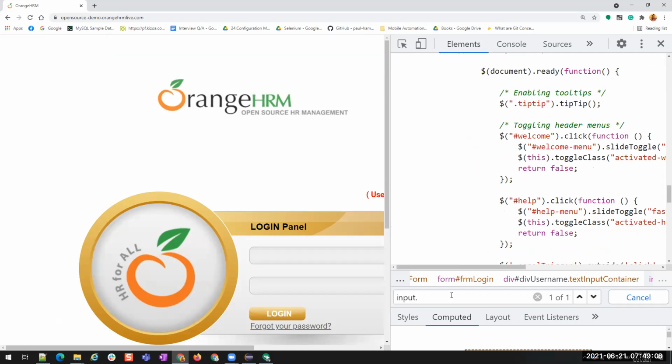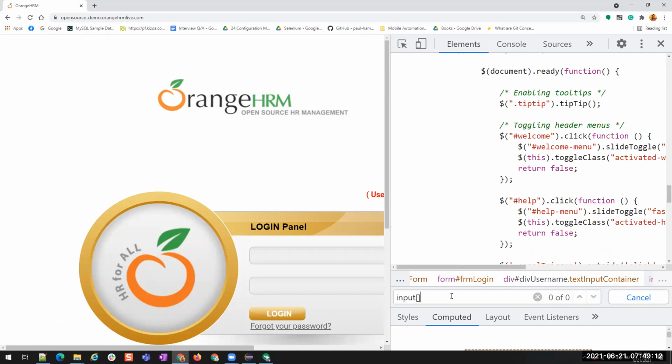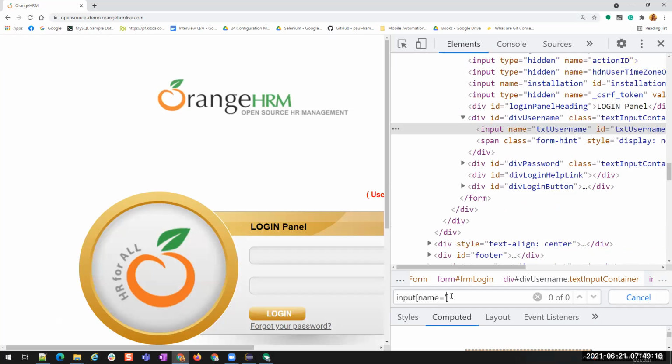For class name, I have dot. But for name, we do not have anything. So in that case, what are we doing? We are applying square braces and writing name equals. If I want to give the full name, then I'll use this. But if I want to give only the starts with text, I don't care what it is ending with, but if it is starting with this text, then I will use this symbol.